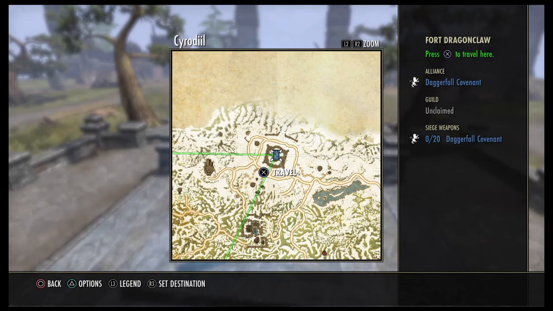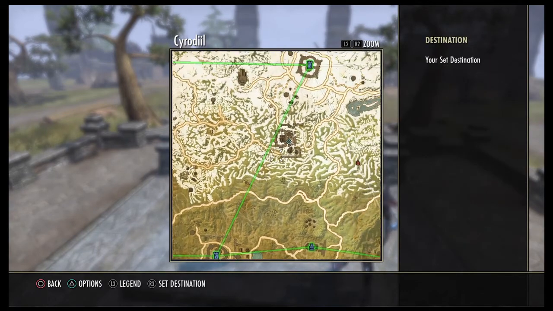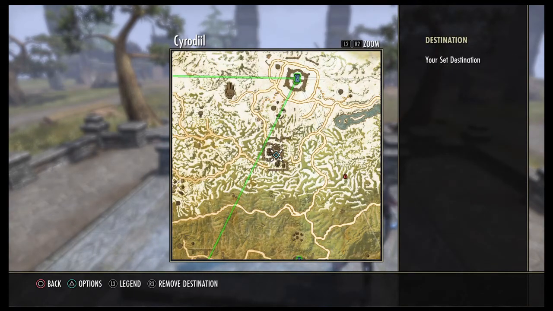So usually you want to do this wherever your faction is dominating. In my case, it's Daggerfall. So for Daggerfall, Skull of Corruption, that's probably the best one to go to. So all you have to do is travel to Dragonclaw, go down here, and I'm gonna go there in a second. Travel down here. There's 2 quest givers,